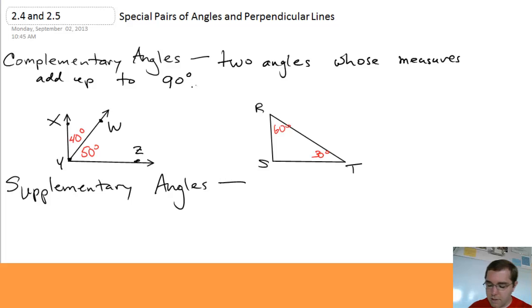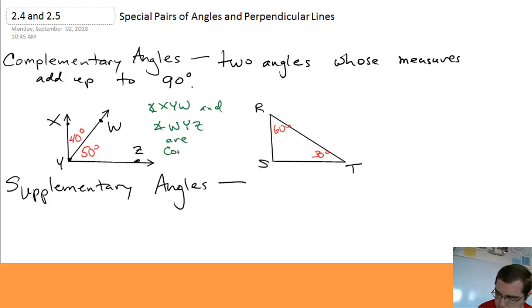If you have two angles that when you add up their measures you get 90 degrees, those angles are called complements of each other. They are complementary angles. So in this first picture, angle XYW and angle WYZ are complements,